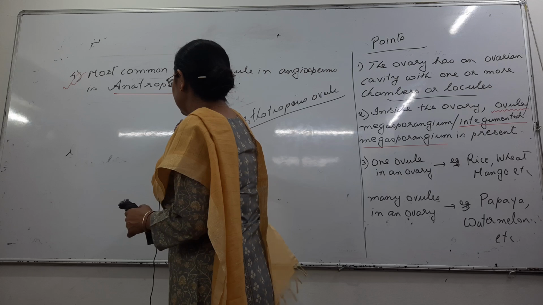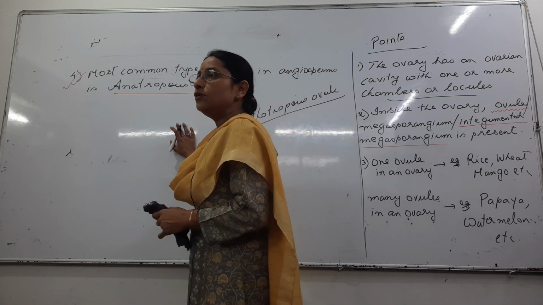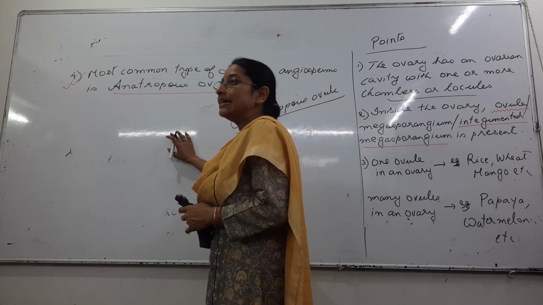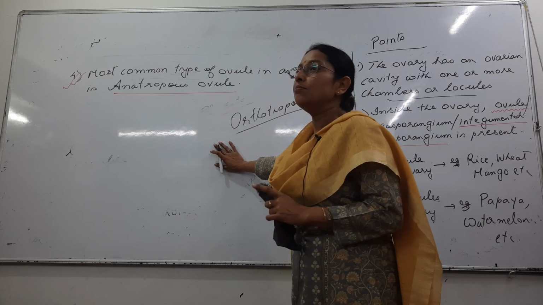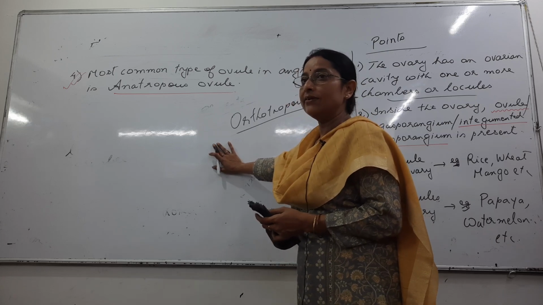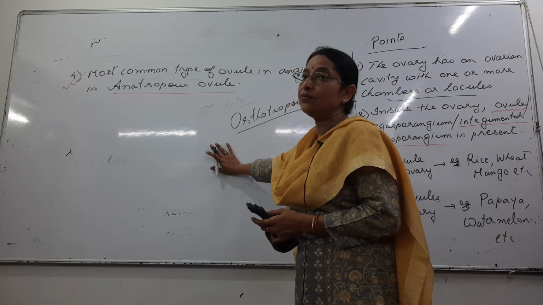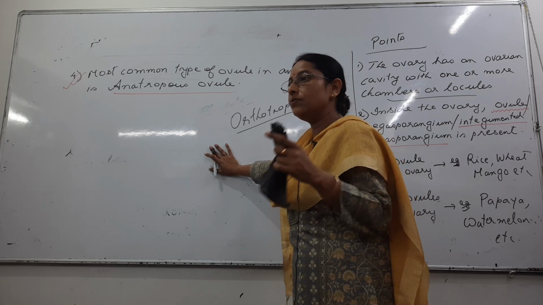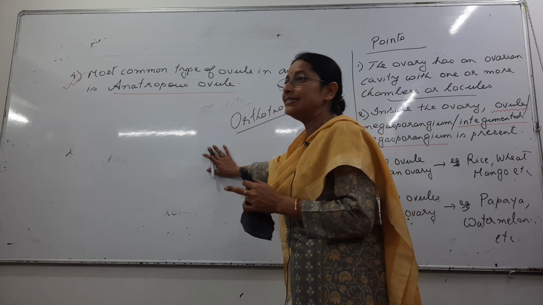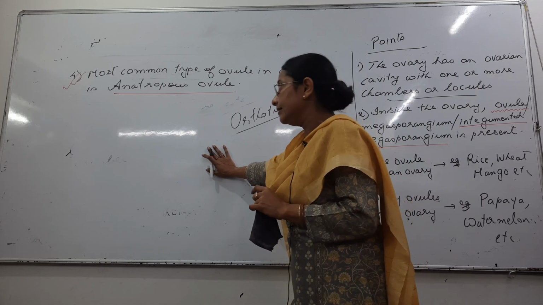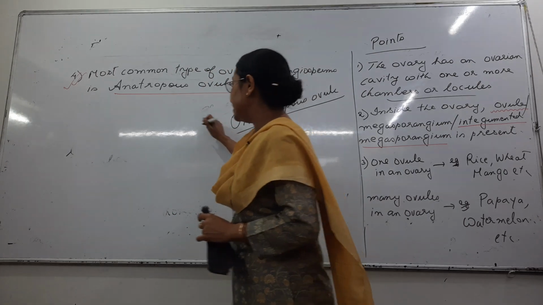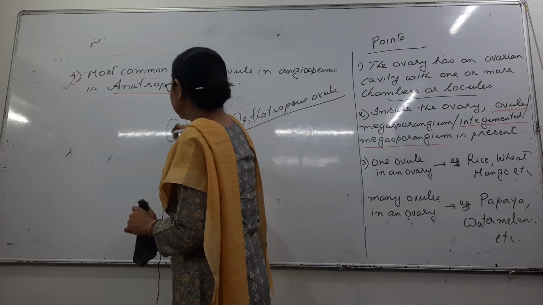Heard about a word called micropyle? An ovule has a micropyle. Micropyle is that area where the integuments are absent. It is that area through which the pollen tube will penetrate, because the pollen tube has to go inside the ovule, only then your male gametes will fertilize. The area through which it enters is called the micropyle. Now talking about the position of the micropyle, you have different types of ovule. If you are talking about an ovule like this